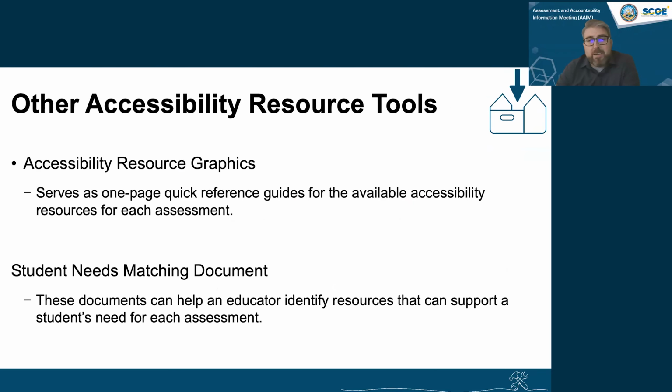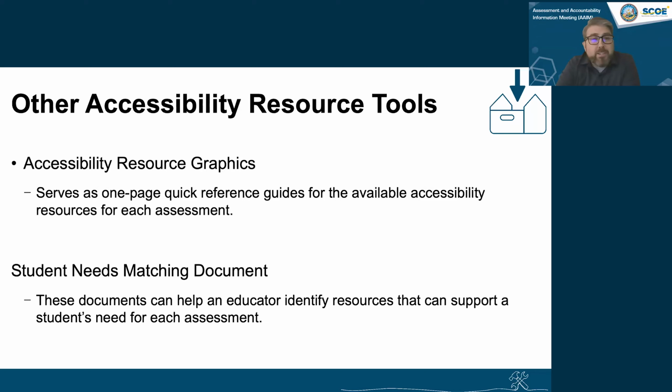So moving right along here, in addition to the Matrix, other tools have also been updated and are ready to be utilized for the 2026-27 administration. These tools include the accessibility resource graphics and the student needs matching documents. I know those get used quite a bit. The resource graphics are incredibly useful if you've not yet used them.